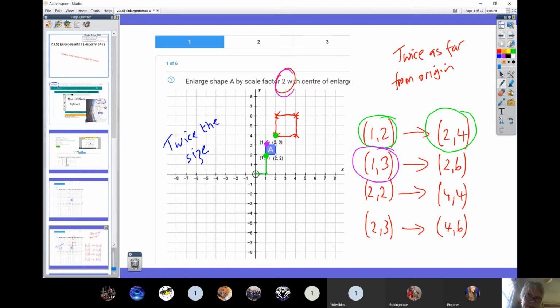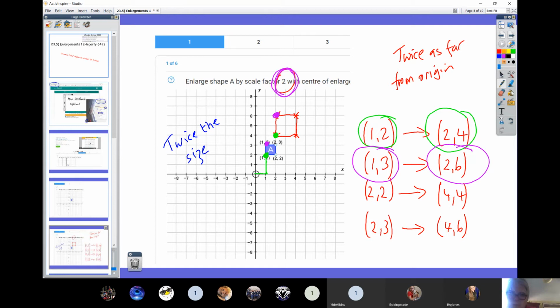Now, because we've got scale factor 2, we're going to double that to 2, 6. So our top left-hand corner is going to move to the coordinate 2, 6. 2 along the corridor, 6 up the stairs, and that point is there. Again, as I said, I could draw my final answer in straight away. I can see where it's going to be, but just so you can see it all working, let's just do